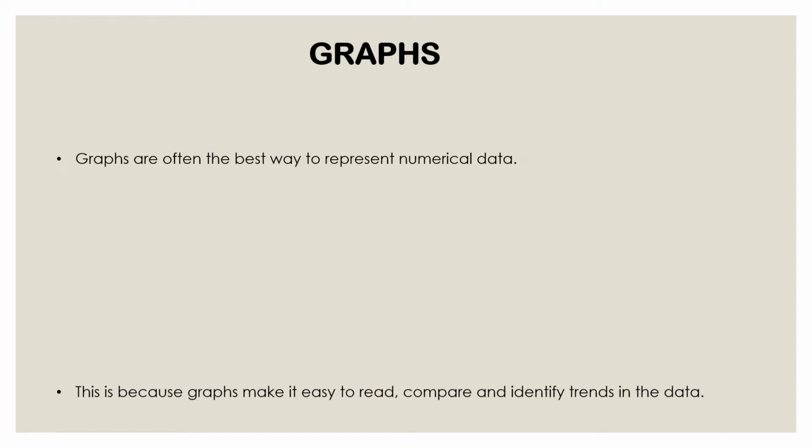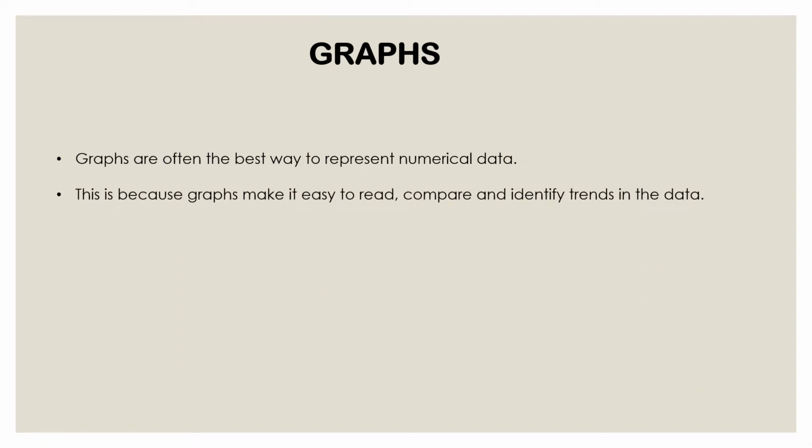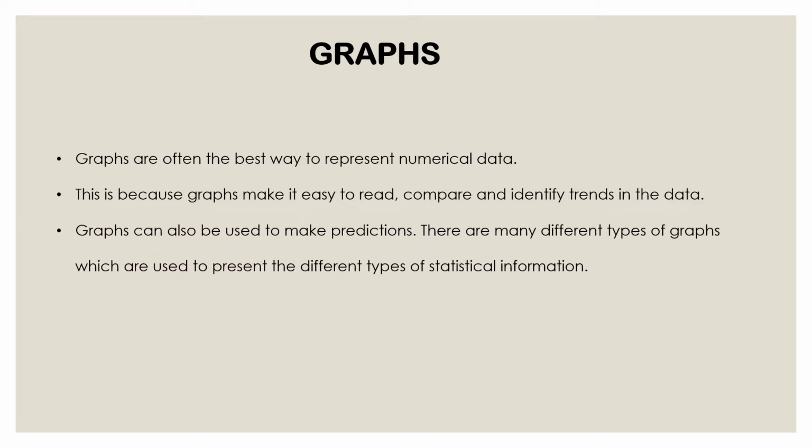To start off with, let's look at what graphs are. Now we are going to be looking at the different types of graphs and study the different relationships that will be portrayed by each kind of graph. Graphs in mathematics are defined as a pictorial representation or a diagram which represents the data in an organized manner. In short, it is a way to represent numerical data. Moreover, graphs make our work easier because we can read, compare, and identify certain trends from it. At the same time, we can use a graph to make certain predictions.